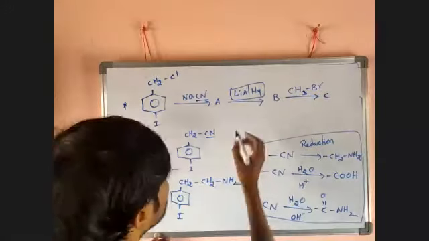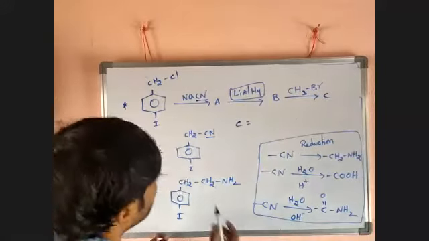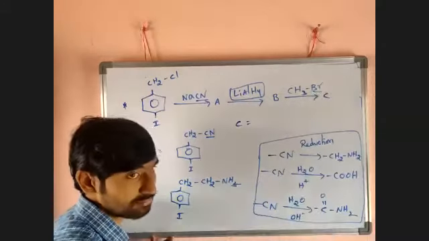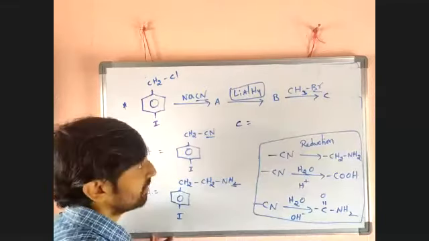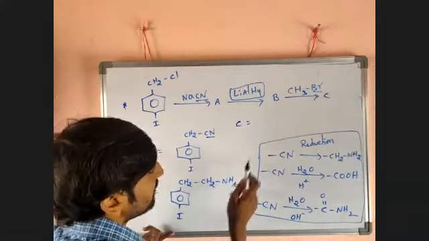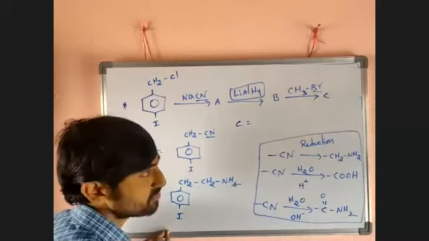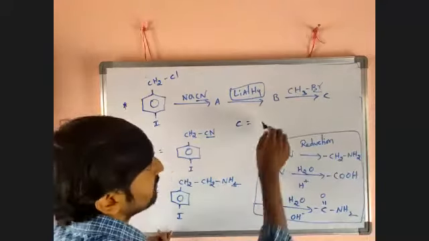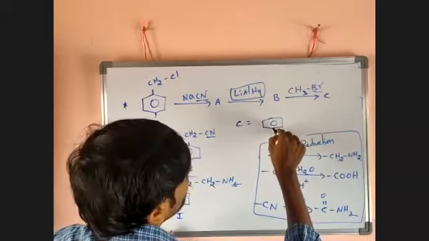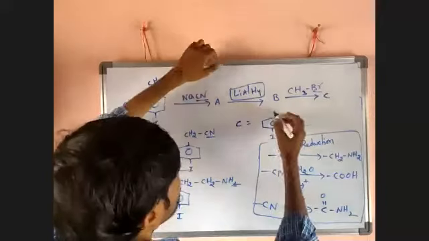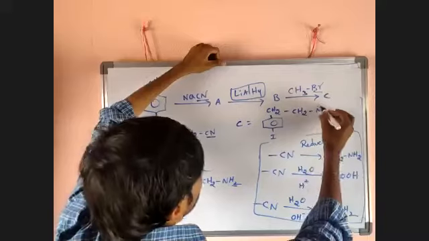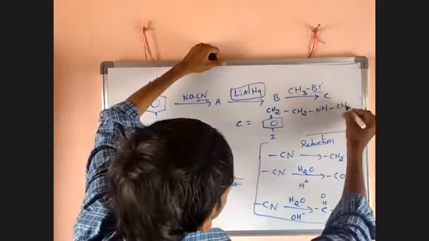Now C equals what? The NH2 is there now. One of the hydrogens will react with CH3Br, as we discussed the reaction with ammonia. After Br takes this H, they are eliminated in the form of HBr, and CH3 gets attached there. Then what you will get? Look here, the ring remains, there I remains, then here CH2, there CH2, there NH, and CH3 gets attached to that.